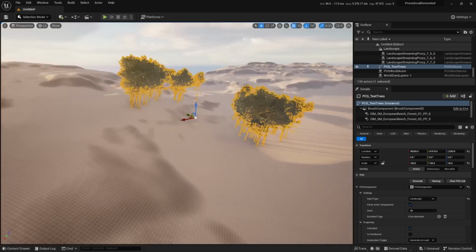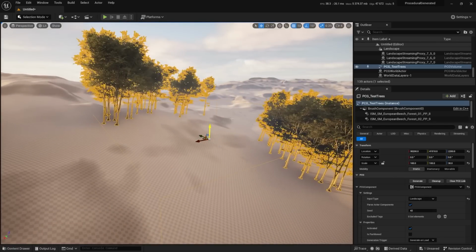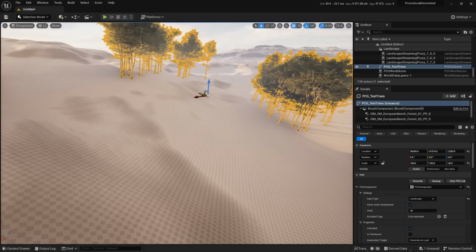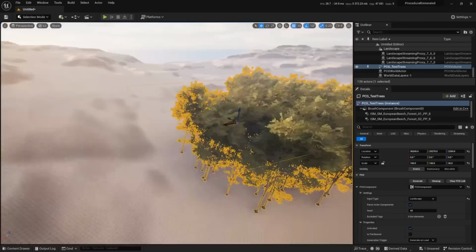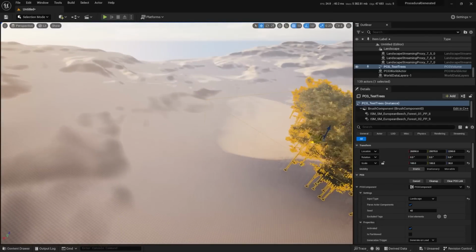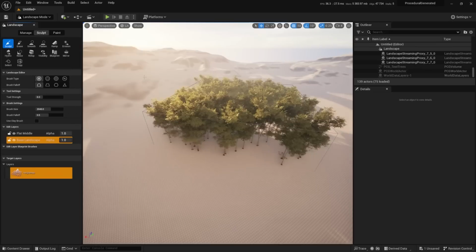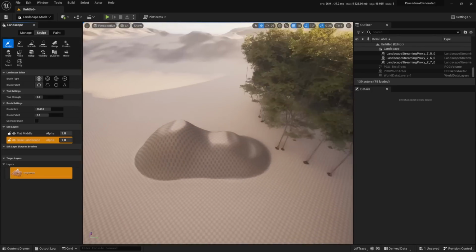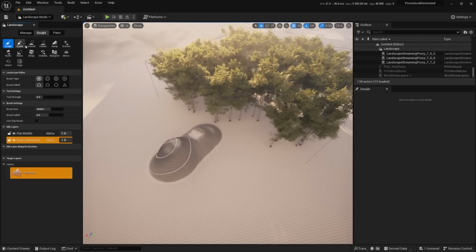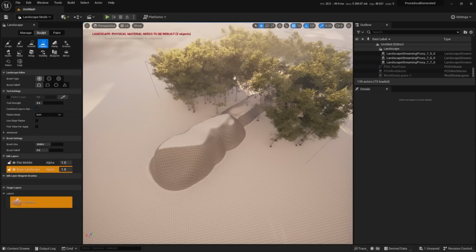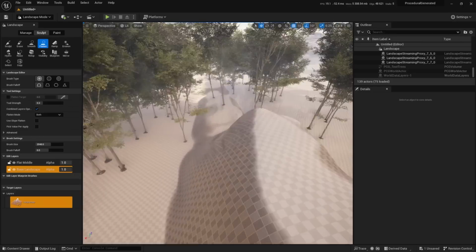I have created my graph, so if the normal is too steep, then I don't generate trees there. So this means that if I have my forest here, and I decide, oh, let's use the landscape and create maybe some kind of path here, and I will flatten this, then you can see that it stops generating